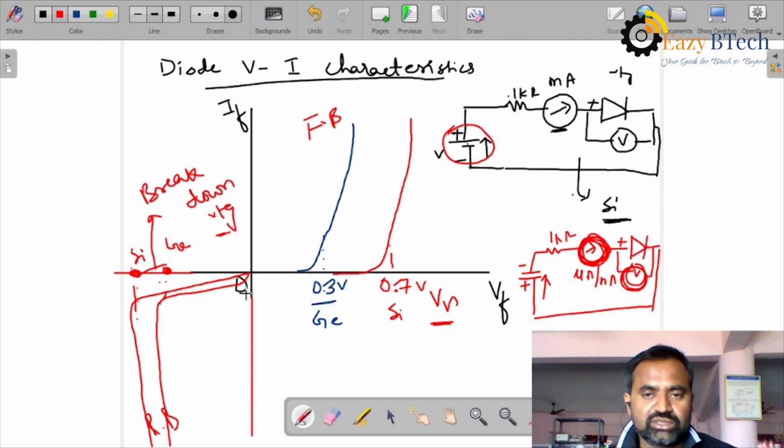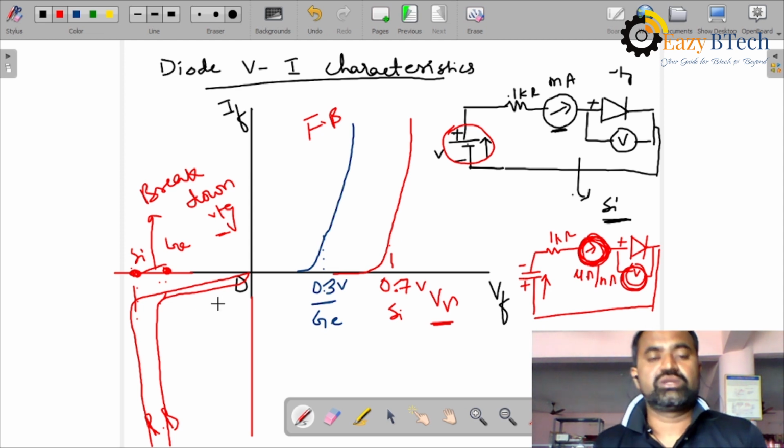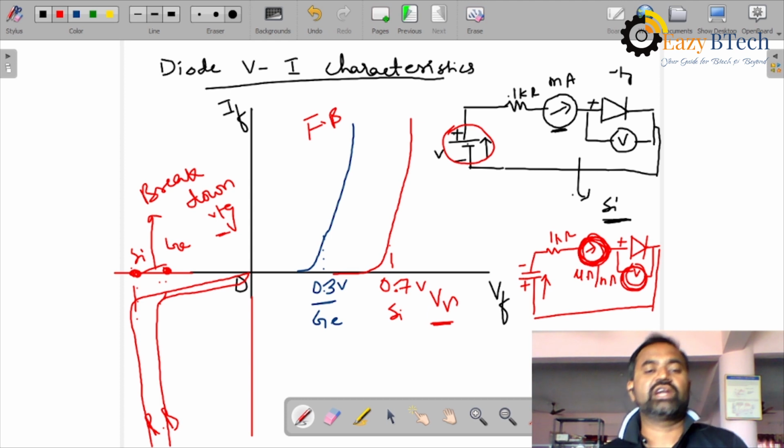Generally, in ordinary diodes, in low doped diodes, this breakdown region cannot be seen, or it may be seen at greater than 6 volts, maybe at 100 volts or 50 volts like that. But breakdown voltages cannot be operated in an ordinary diode, because when an ordinary diode is operated at a breakdown region, the diode is completely damaged. For an ordinary PN junction diode or a lightly doped diode, the breakdown voltage is greater.